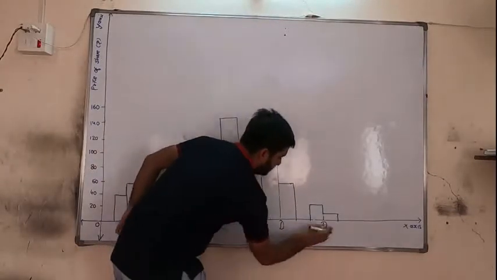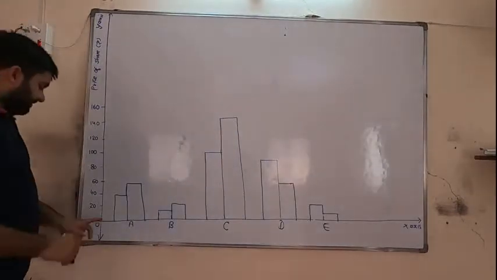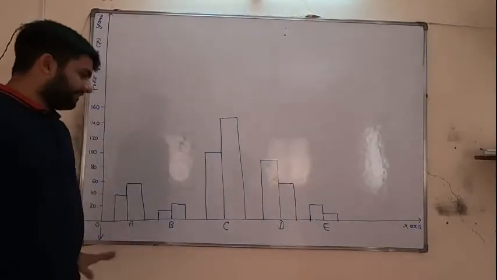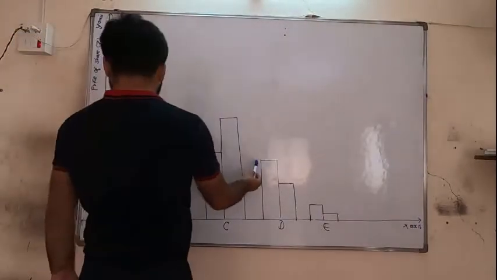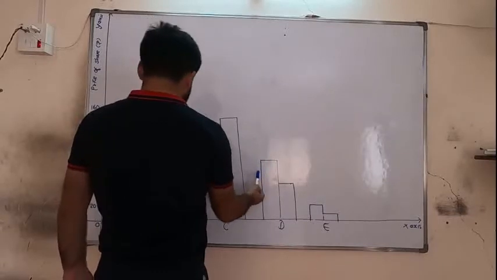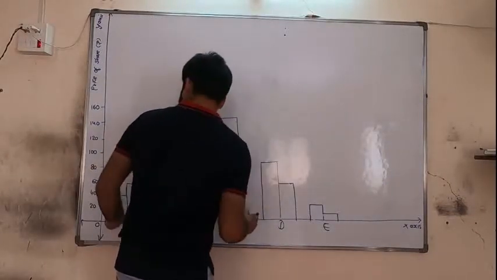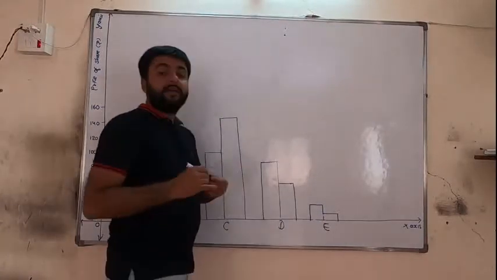Sorry, this is B, this is B. Okay. So this is 40, 60. This is 20, 30. This is 100 and 150. This is 80 and 60. Somewhat big. 80 and 60, and this is 30 and 10. Okay. Now, friends,